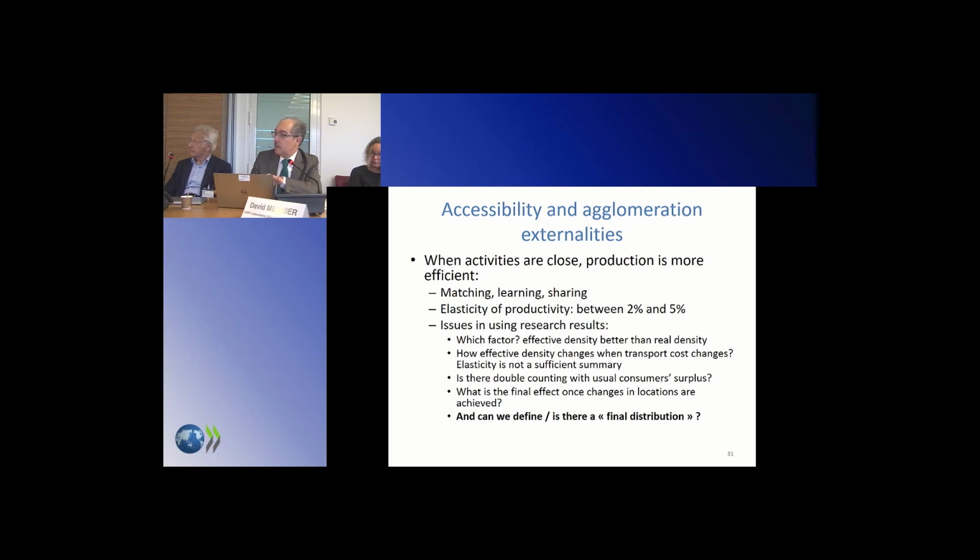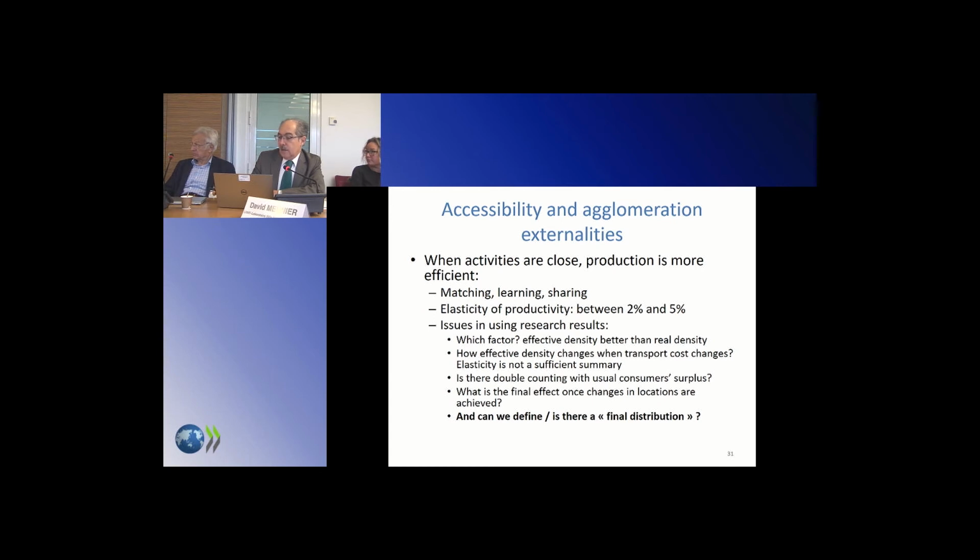We think that now we have some kind of elasticities that are rather robust. But it raises many questions. First of all, which kind of factor do you use for representing density? We have talked yesterday about effective density versus real density, for instance, and also the problem of possible double counting,